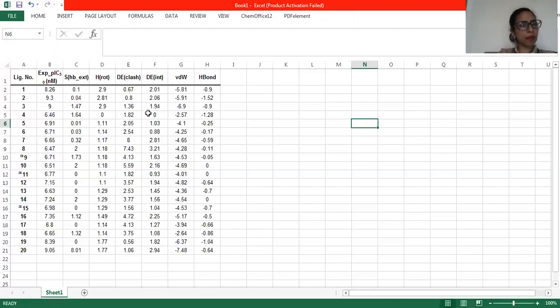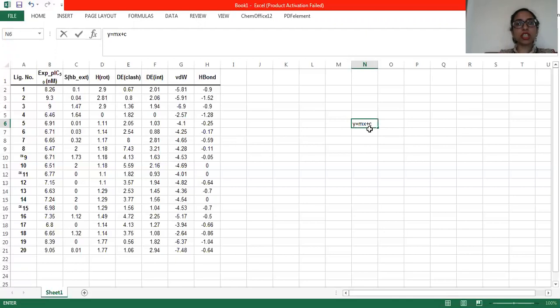Now I'll tell you the simple method. But this method is for the beginner. We know the simple equation of QSAR, that is y equal to mx plus c. Fine. This one is a simple equation. Now I'll tell you how you can develop the relation between y and x. Here y will be the activity and x will be any descriptor. See, these are the descriptors here. Fine. And c is a constant.